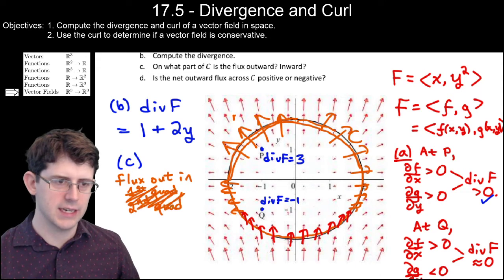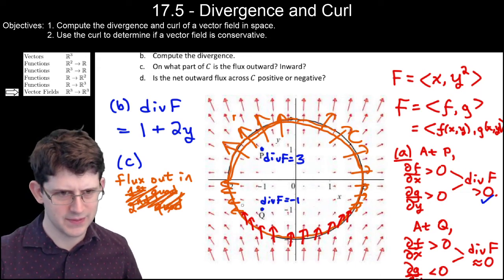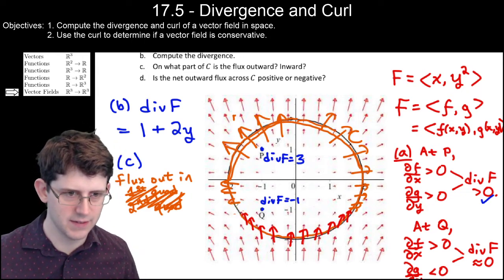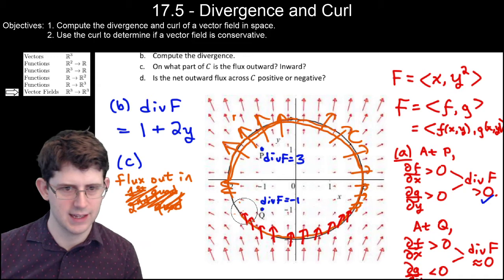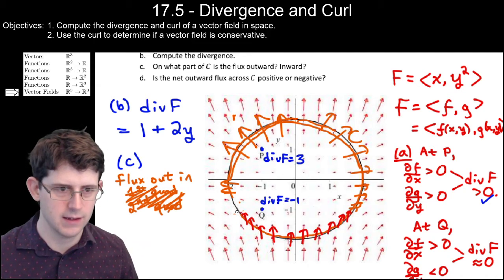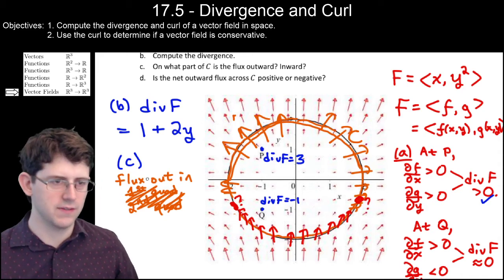So it looks like we can summarize this by saying, well, it looks like the flux is inward a little bit further than that. It's hard to tell. Like here is approximately where it kind of switches. So the flux is outward